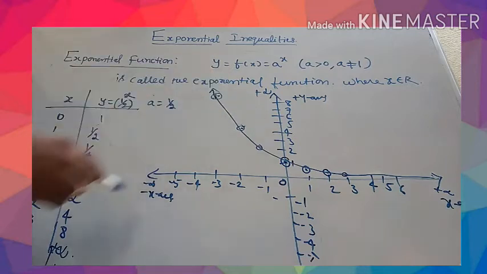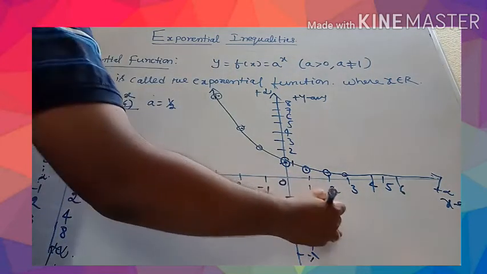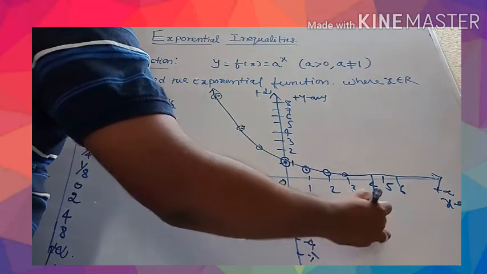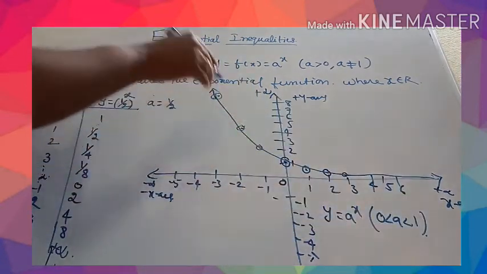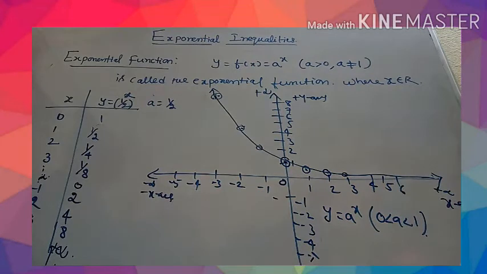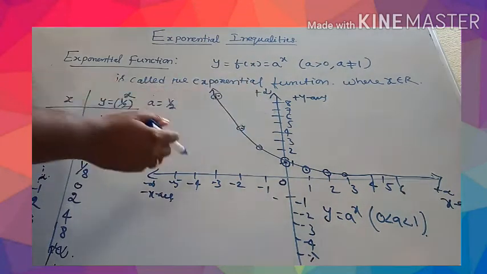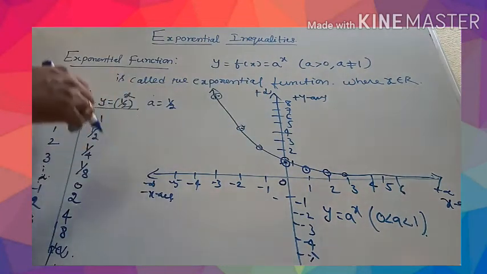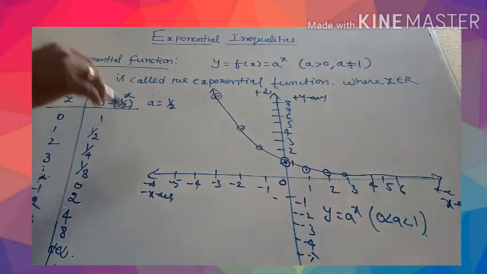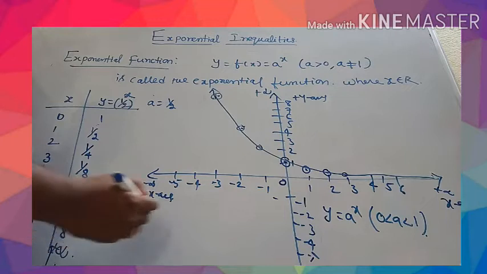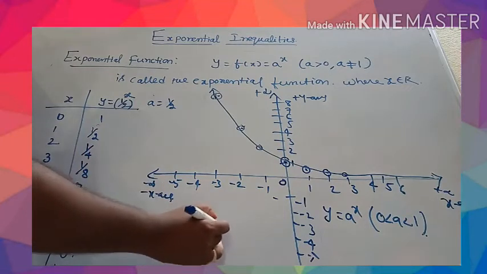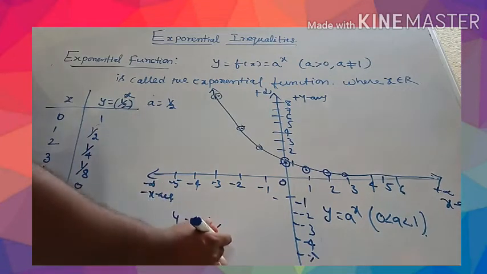Okay, when a lies between 0 and 1, this is the graph of y is equal to a power x. It is a strictly decreasing function. We have plotted these points and observed that. Whereas a power x, when a is greater than 1, is a strictly increasing function, right? Suppose y is equal to a power x, when a is greater than 1,